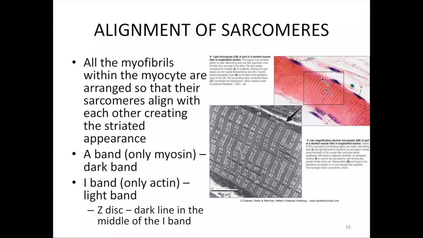But again, you need to picture that when we're looking at this entire portion over here, we're looking at tons and tons of myofibrils and how they are contributing collectively to this striated appearance. So what we're seeing over here is that these dark bands over here are going to be the A band. The light portions over here, here, and here, are going to be the I band,